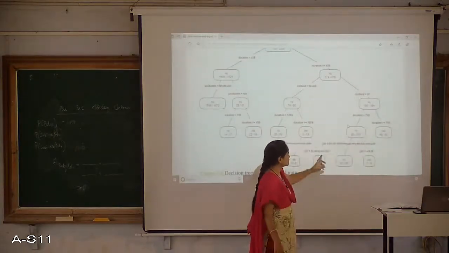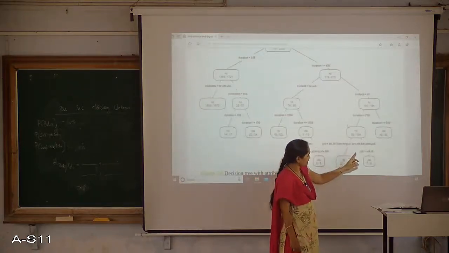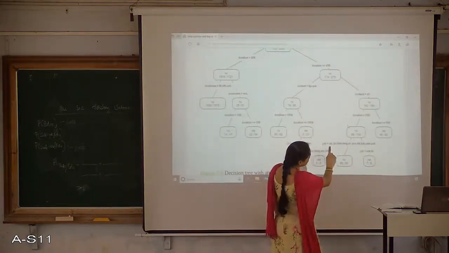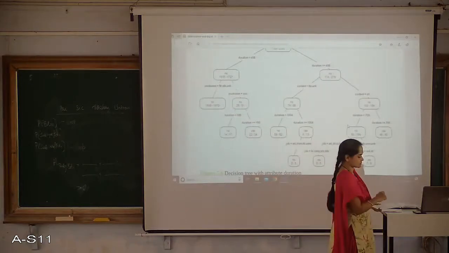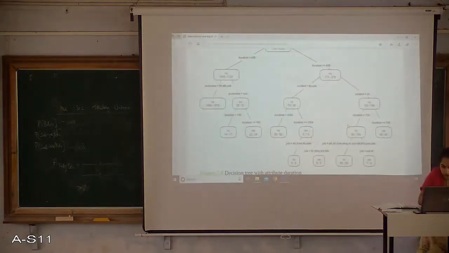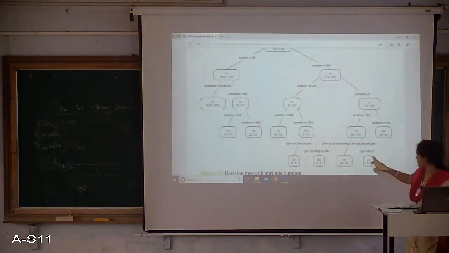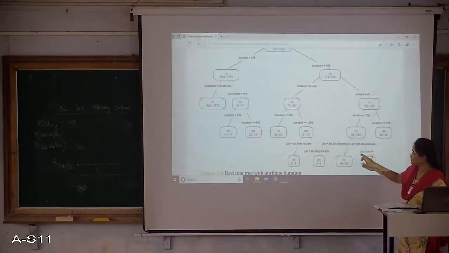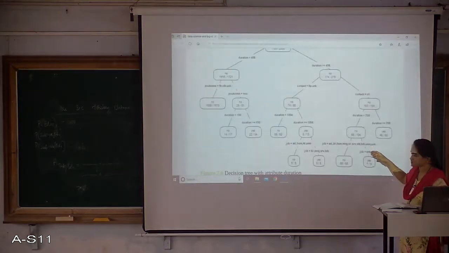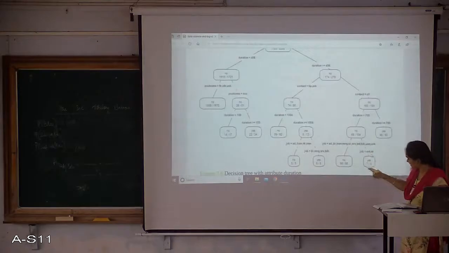Then job equal to retired, right? Where is that retired entry here? Management. Okay, let me check it properly. Management, service, unknown. Okay. Job equal to retired, right? Job is retired, so it comes towards the right side and it says yes.